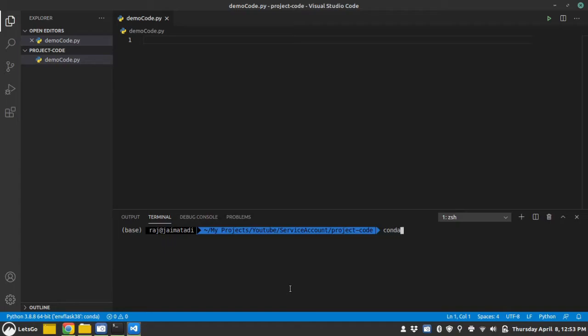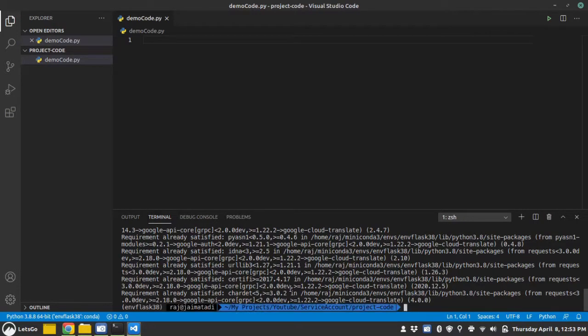First I will activate my virtual environment. It is always a good practice to separate your Python project with a virtual environment, so that you don't run into package dependency issues. Okay, I have already installed that.